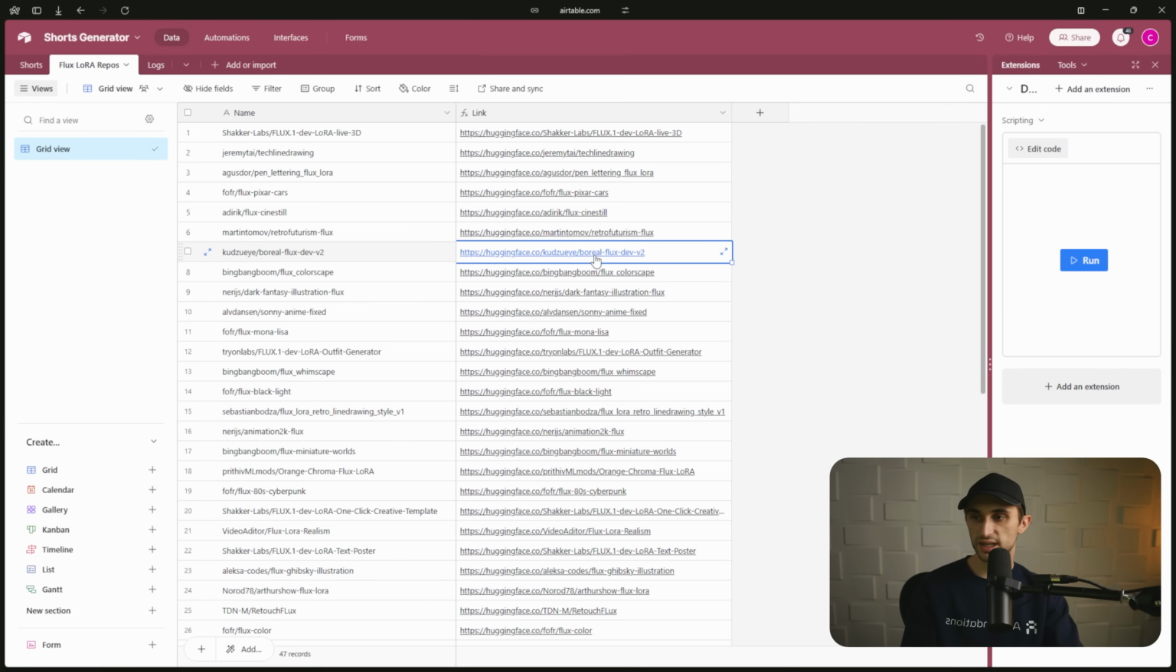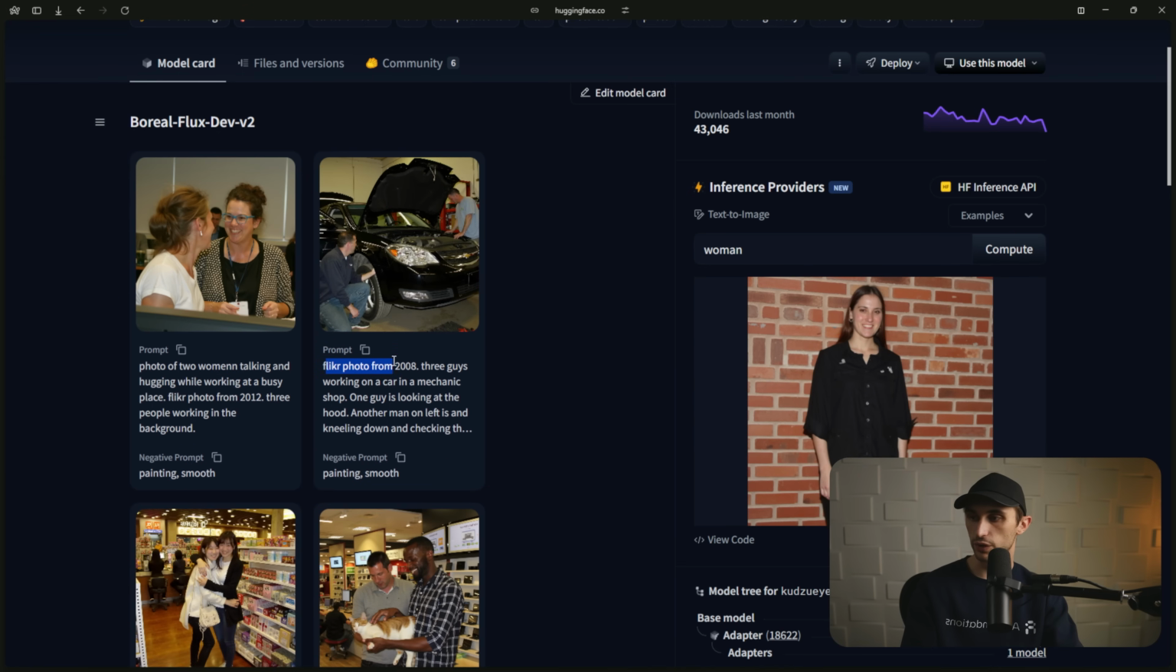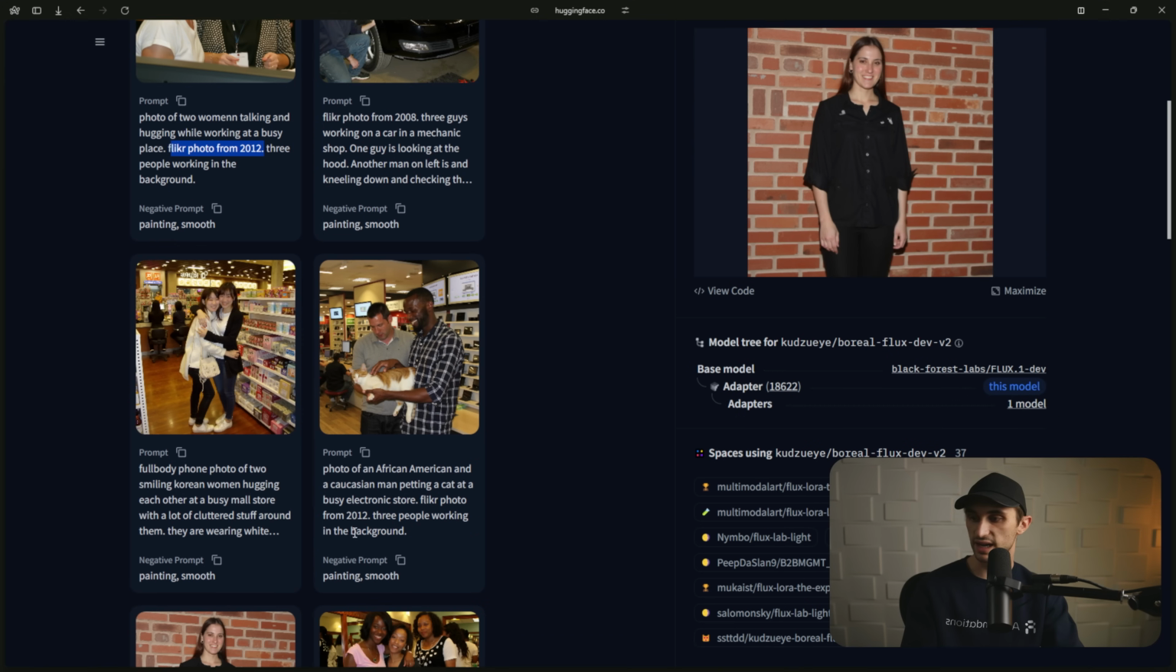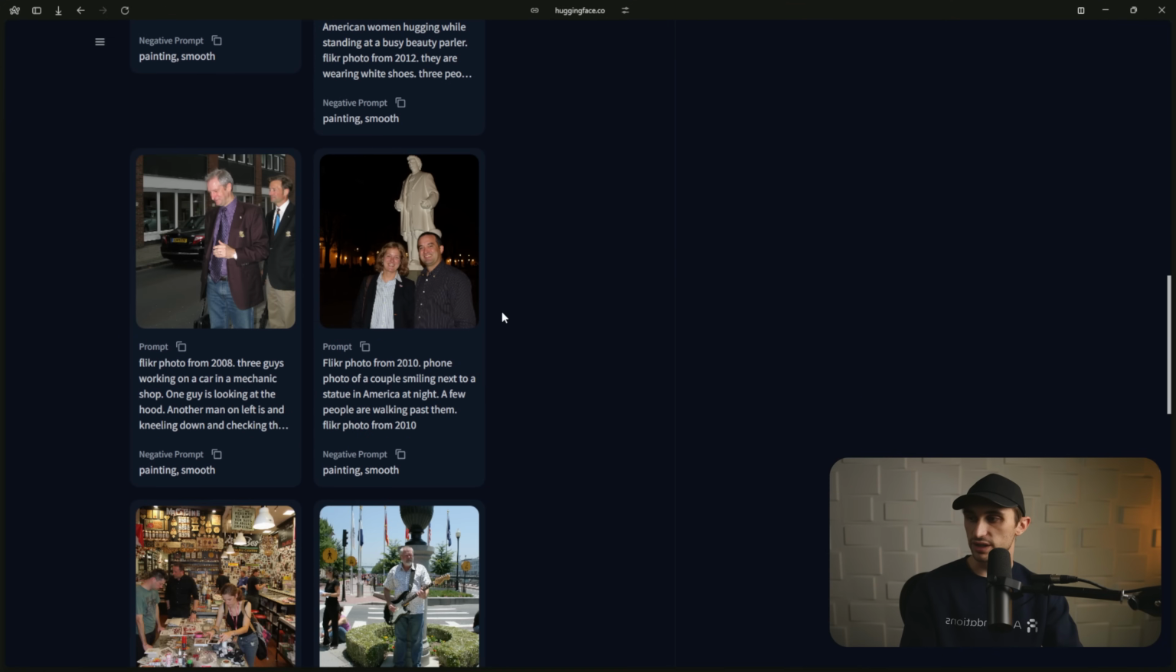So the one that I'm using is this Boreal Flux Dev. If I click into this one, you'll notice that, again, it has Flickr photo from 2008, Flickr photo from 2012. A lot of them say Flickr photo from, and then it just gives a year. And these produce some very realistic looking images. So you can find a repo that you like on Hugging Face, or